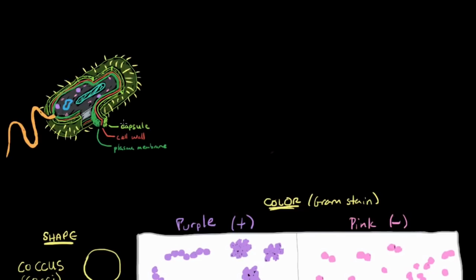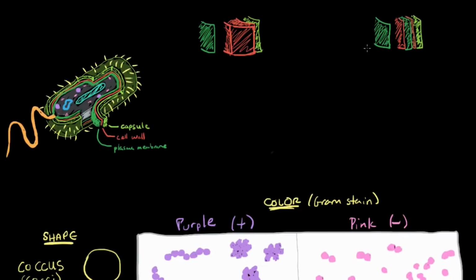So even though right here it says capsule, cell wall and plasma membrane, you will see in a minute that this layer is really different between gram positive and gram negative bacteria, which is shown here actually. So think of this as a zoomed in version of this bit. It does have the plasma membrane layer, a really thick cell wall layer, and a capsule layer.